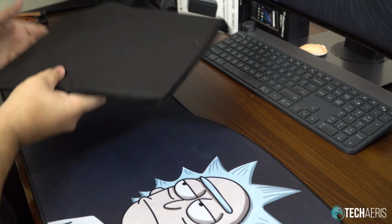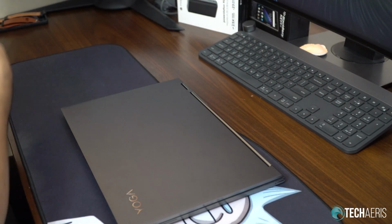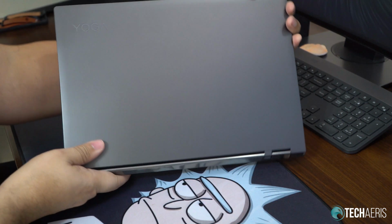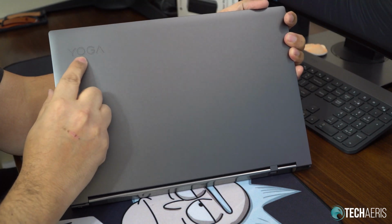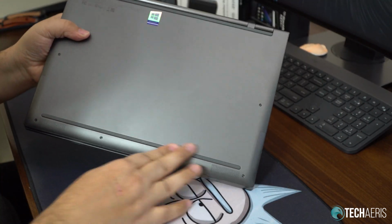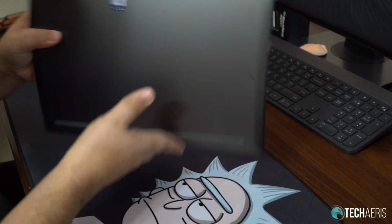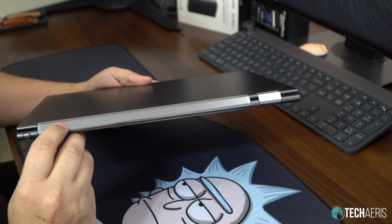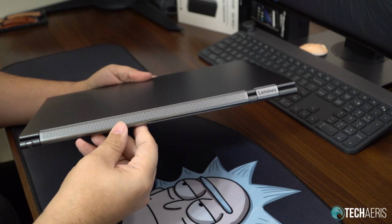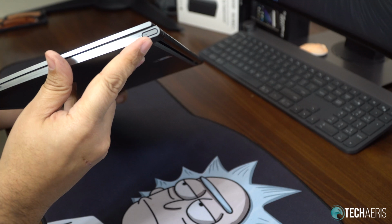So, to the laptop. Let's see what we got here. There she is. Nice kind of steel gray, iron gray looking color here. You can see the Yoga branding here at the top. Nice rubber feet here at the bottom. And then there looks to be a speaker grill, though I'm not sure if that's a speaker grill or not. I'm going to have to look at the specs on this one, but that's a pretty cool looking design. I like that. There's a power button on the side,